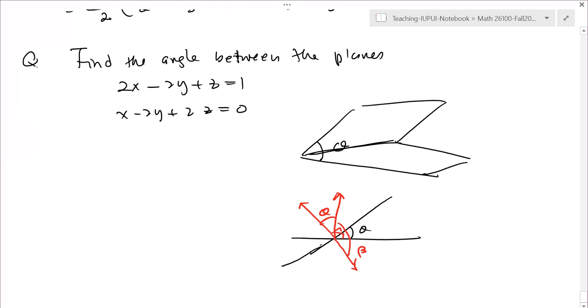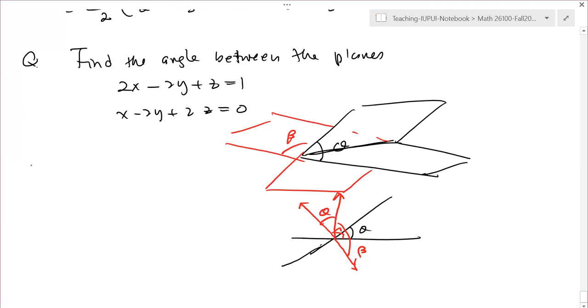But that angle can also be viewed as the angle between those two lines. If you want to look for the angle less than pi over 2, you will see there's a small difference. All you have to do is find the normal vector